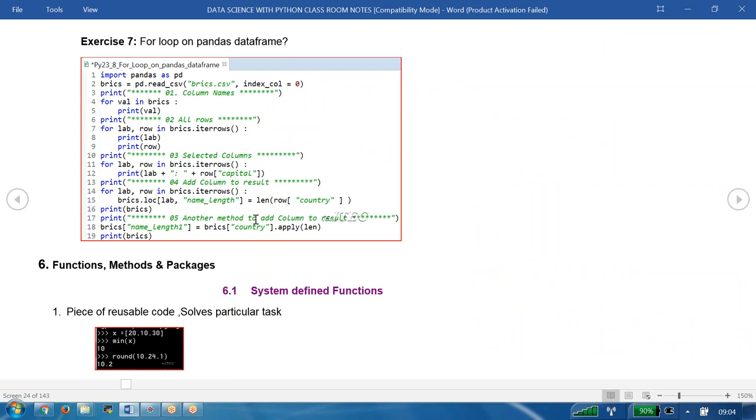Next, another method to add the column is this, the other method we have. You can go and see it. We are using the apply function. The benefit of this one is we are trying to reduce the code. That's it. This is the other method. Next is available, that is known as functions, methods, packages. Tomorrow we'll discuss about it. Today you have to do